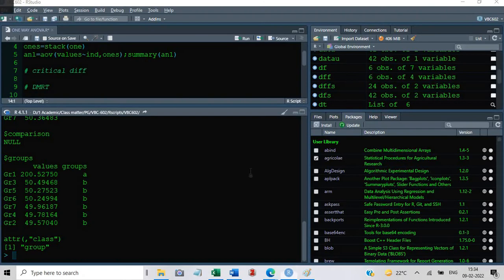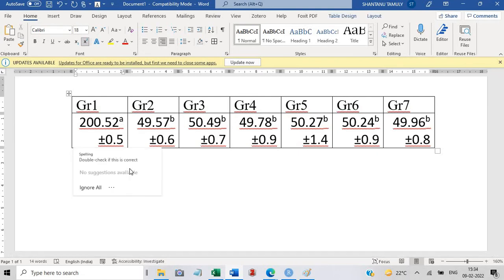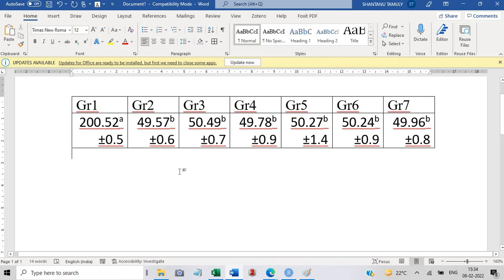Okay, fine. So by looking at this, we can make out that group 1 has got A, and all of these have got B. What you see is that their values are not exactly the same. Still, statistically, there is no difference between these groups. But group 1 is different from all of them. That's why we have put a separate letter A. Now putting of this letter is very difficult, because you can do it manually also, but manually there is a possibility of committing errors. If you use this software, there is no possibility of committing errors.